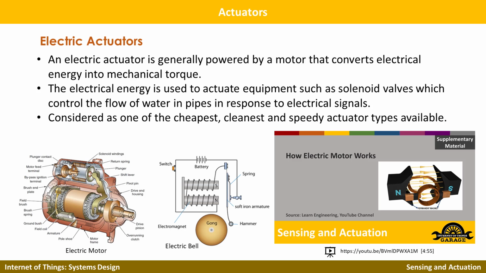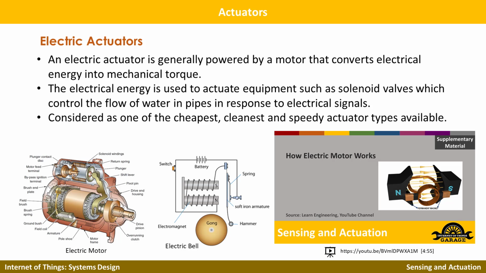The next type of actuators are the electric actuators. So electric actuators are generally powered by a motor that converts electrical energy into mechanical torque. You will be using electrical motors or similar mechanisms within a variety of different IoT applications, from farming to manufacturing, smart home, smart irrigation. There are a lot of places that you will end up using electric